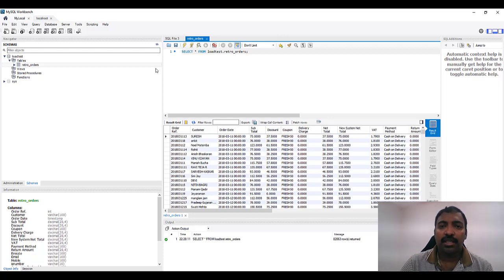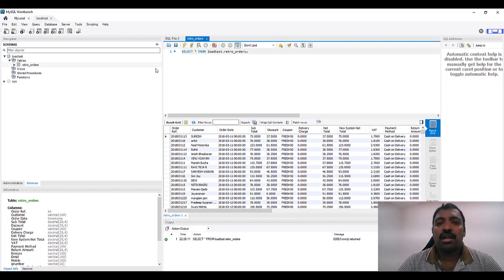So as you see, the table has details of orders placed by multiple users. We'll be using this data to generate a paginated report, and we will be deploying the report to a Power BI service which we have set up. So to start off, let's first start creating a paginated report. As you are probably aware, the tool that we can use for creating paginated reports is Power BI Report Builder.